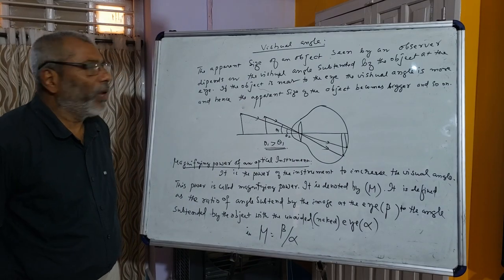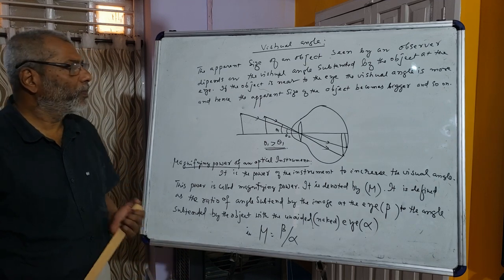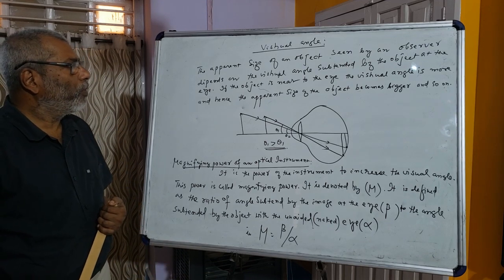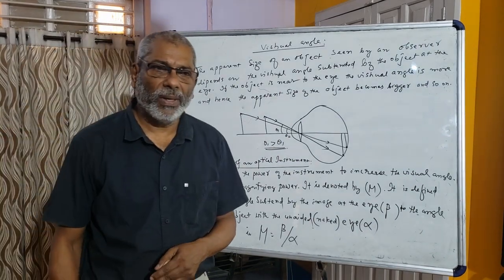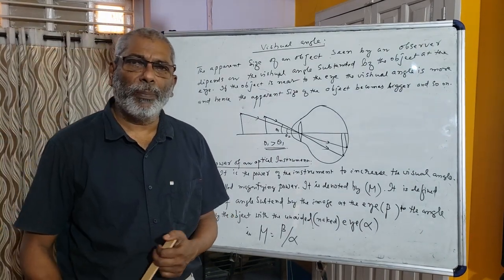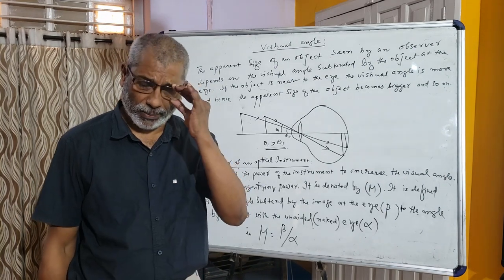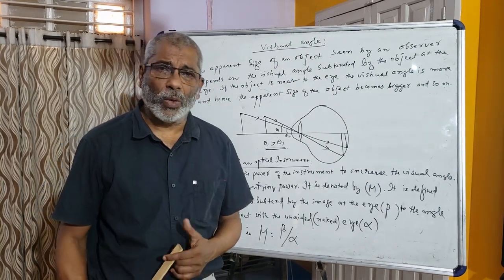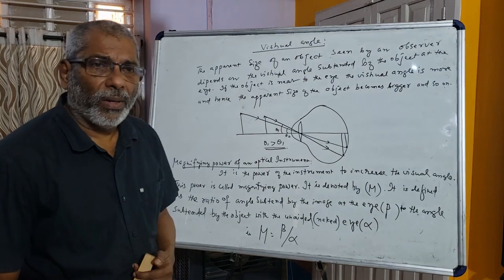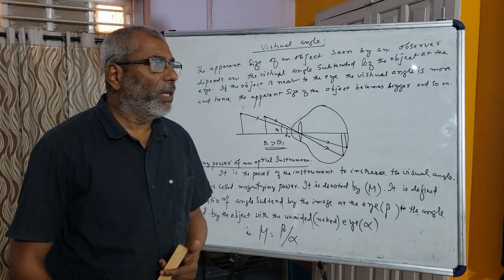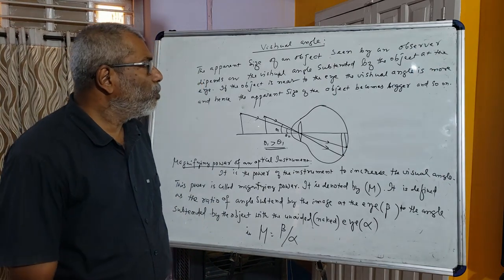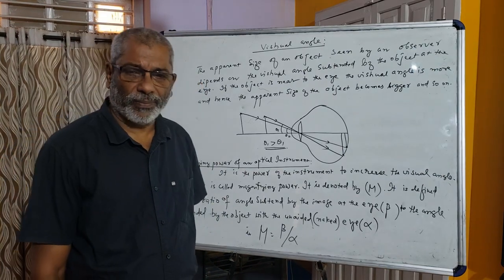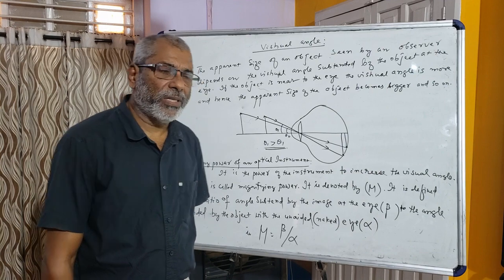Today we are going to discuss microscopes. Microscopes are optical instruments which are used to see nearby objects very clearly. The objects are kept very close, and then the image of the object can be seen very clearly. Microscopes have various uses in laboratories.